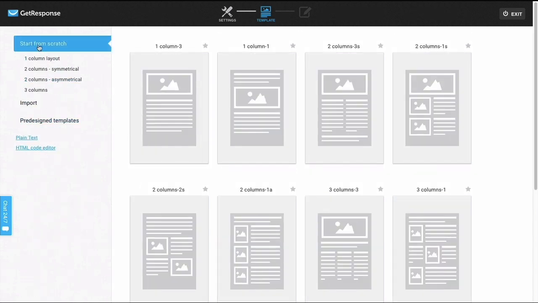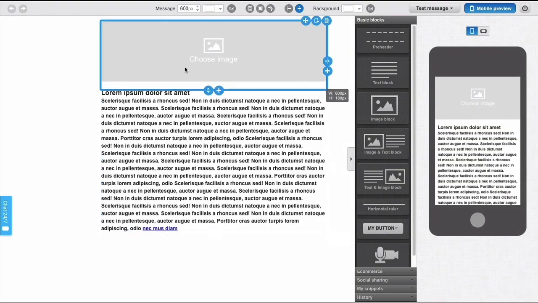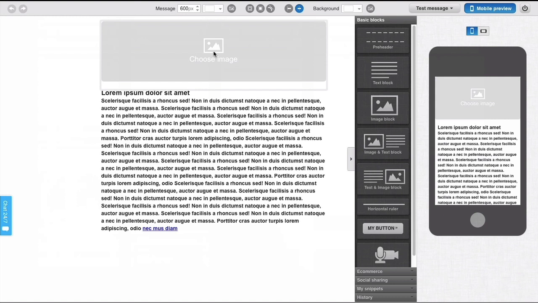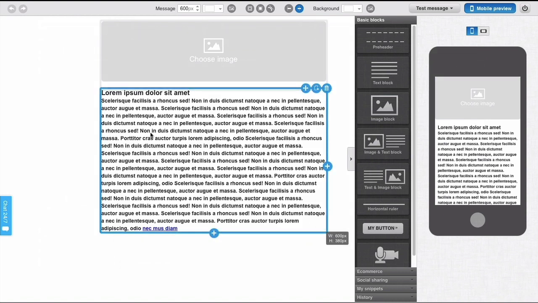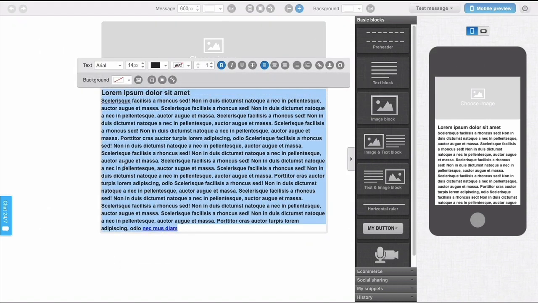So if you click on start from scratch, it will ask you to choose these kinds of templates. This particular template has one image and text. It has main heading, middle image and text. Here image, split images, split columns and text. So you can choose whatever template is as per your requirement. Here I will click the first one. So this is a small builder. You just have to click on the image part and it will open up a folder asking you to select the image, and here you will write your text.